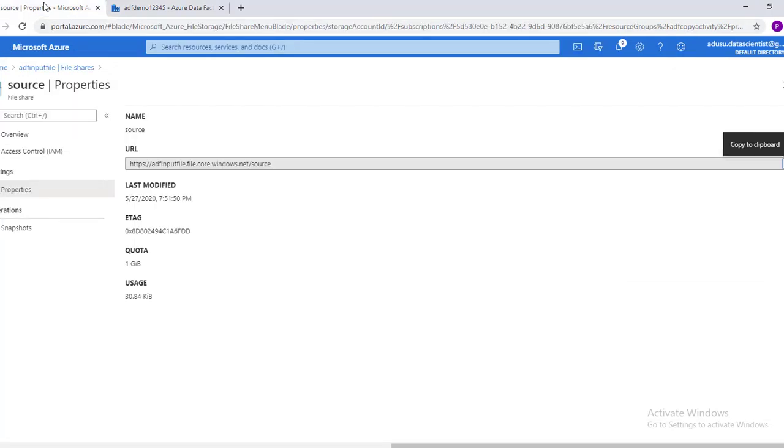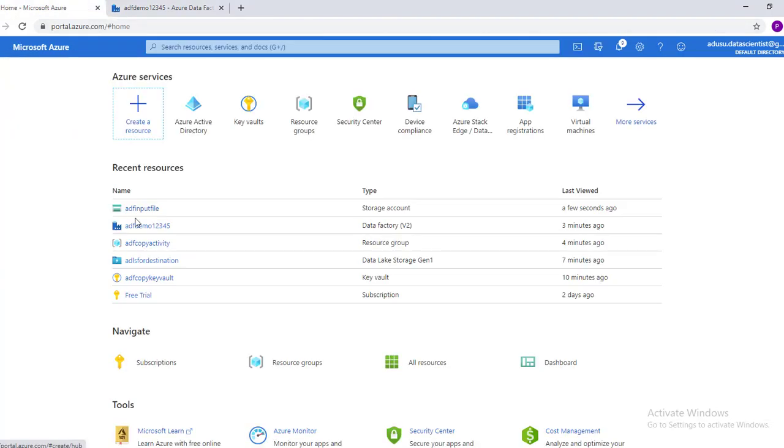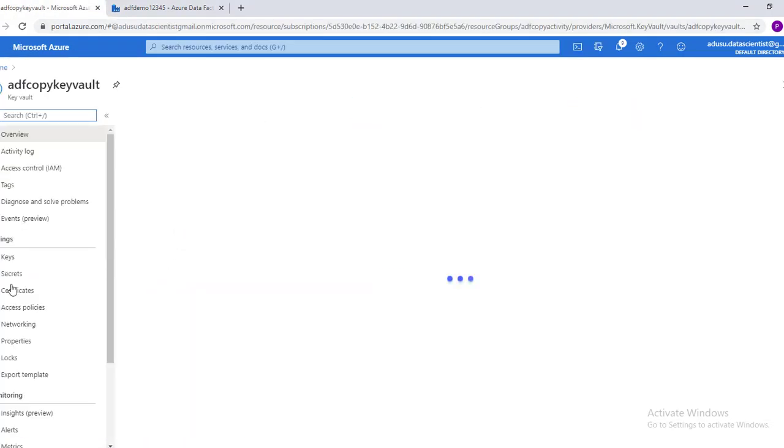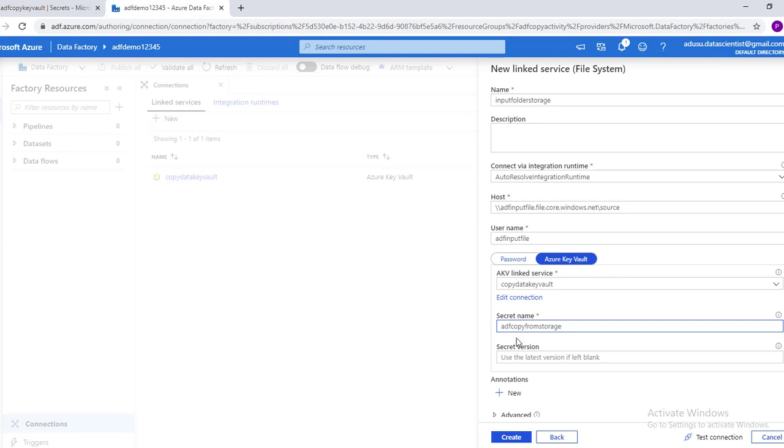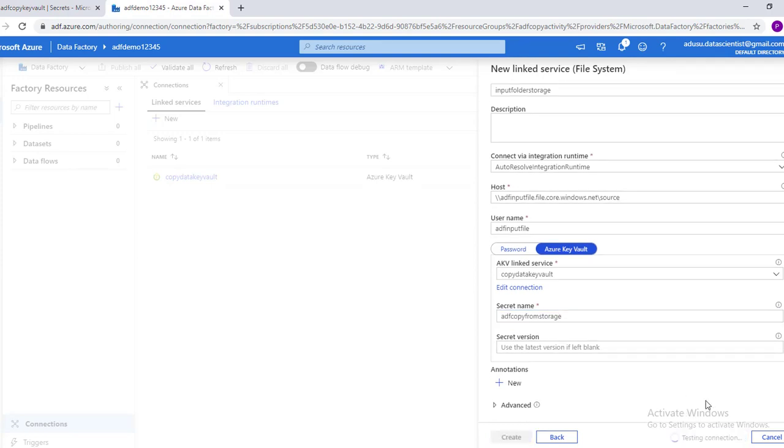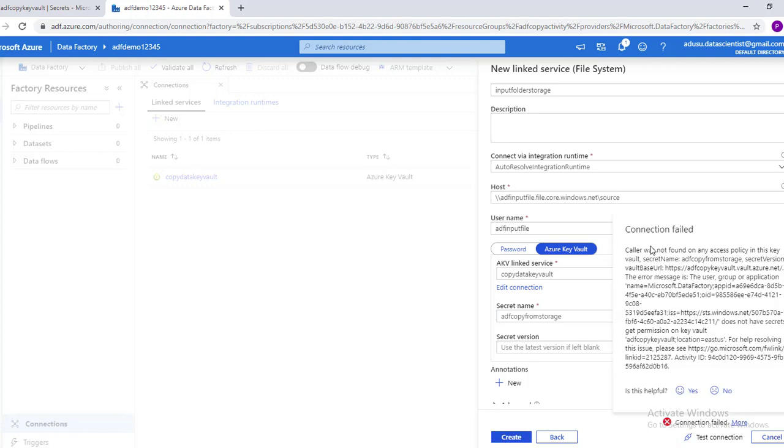In case we forgot the secret name, then we can always go back, go to key vault, secrets. This is the name, we can use the name here. We'll test the connection. It failed. We'll see why it failed.